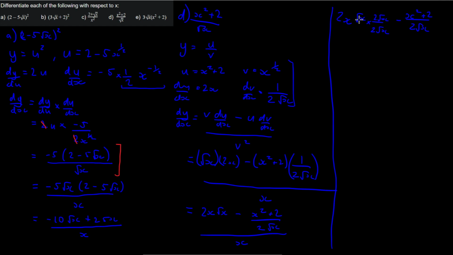That will allow us to combine our first two terms here into a single fraction. And this is all over x. And what I'm going to do is put that in brackets and say divide by x. That'll just make things a little bit easier down the road. So let's now combine this term here. We'll have 4x squared over 2 root x minus x squared plus 2 over 2 root x